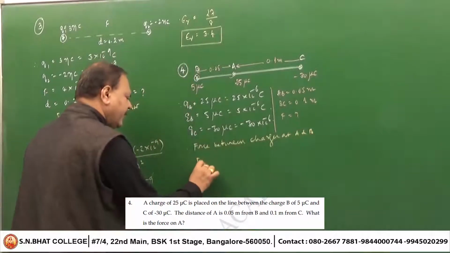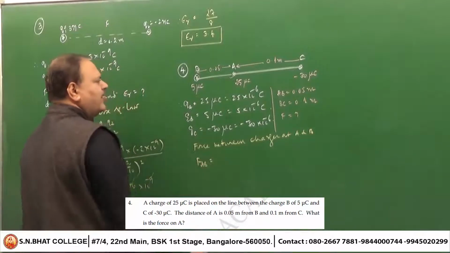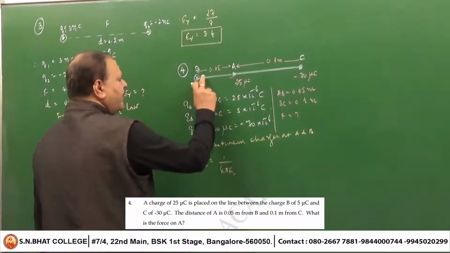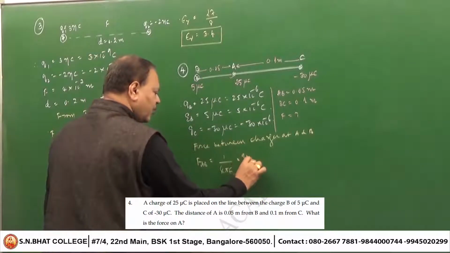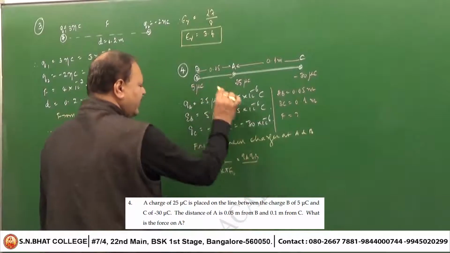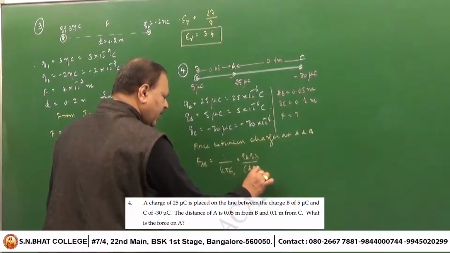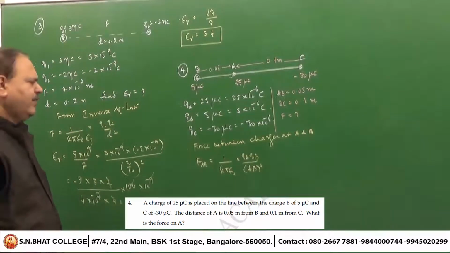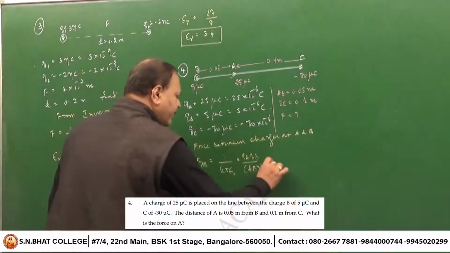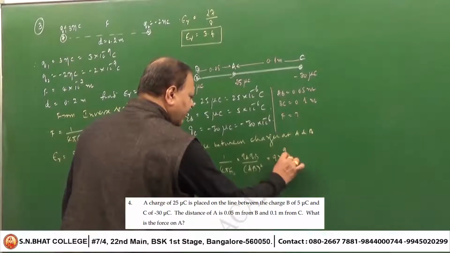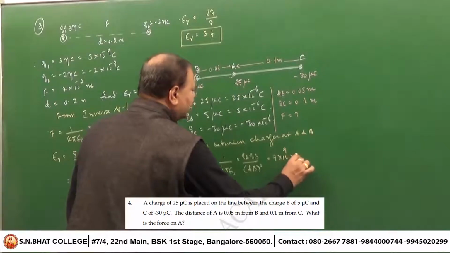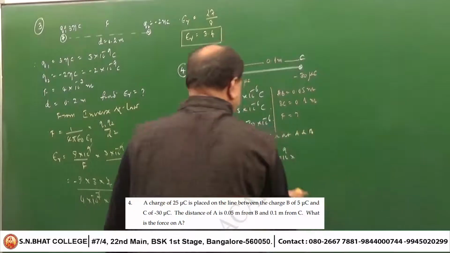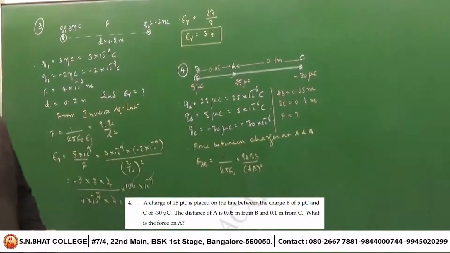Write it as FAB. FAB is equal to, apply Coulomb's inverse formula, 1/4 pi epsilon naught into Q1 Q2, that is QA QB, by the distance between them, that is AB whole square. Okay, now you substitute those things. Therefore the value of 1/4 pi epsilon naught